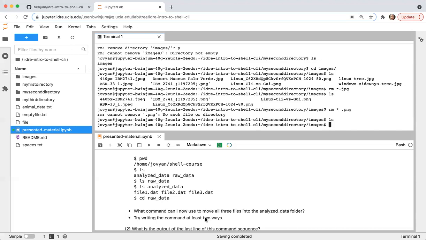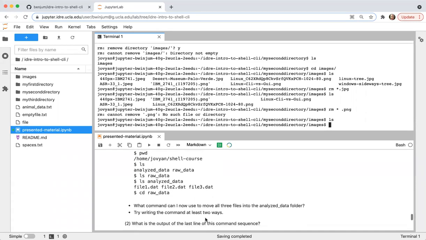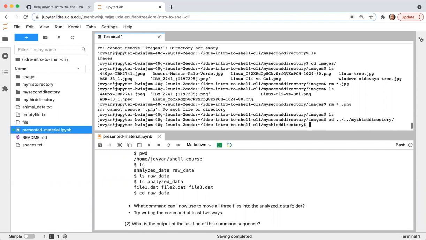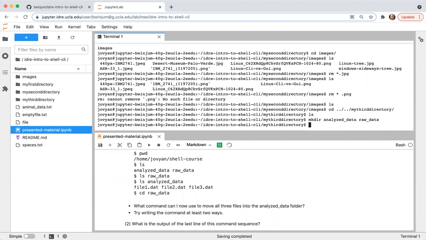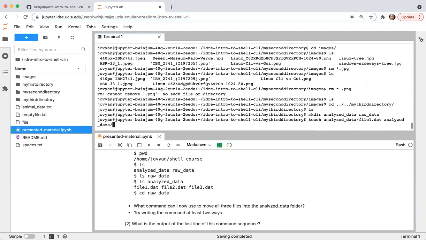Since we're at the end of the class here, I'll just tell you what I would do. Let me go into my third directory. I'm going to make analyze data and raw data, and I'm going to create file1.dat, 2.dat, and 3.dat.